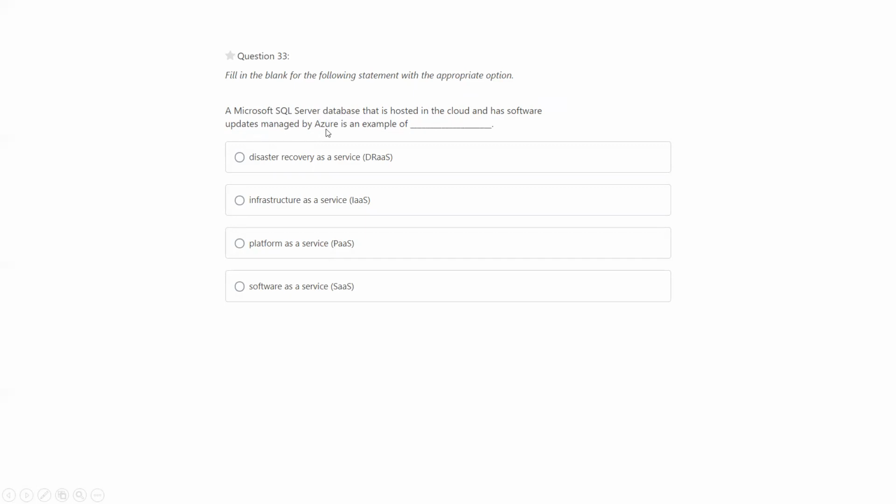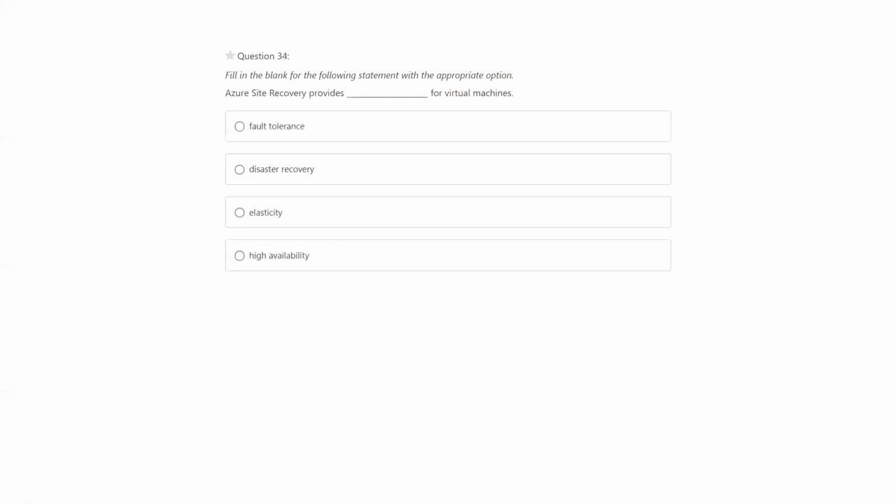So yeah, this is PaaS, platform as a service, where all the updates are done by Microsoft, not the end user. Whereas in infrastructure as a service, you have to take care of managing the updates, and software as a service, everything is given to you. So the answer is PaaS.